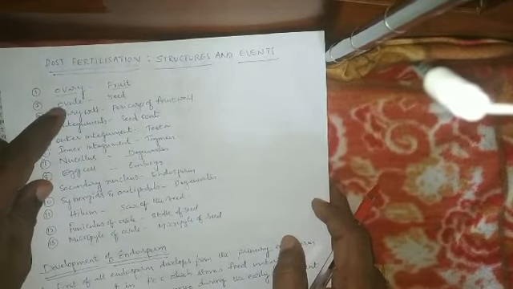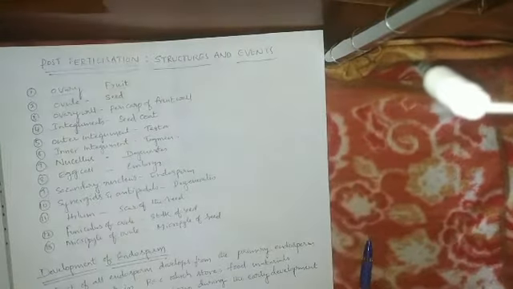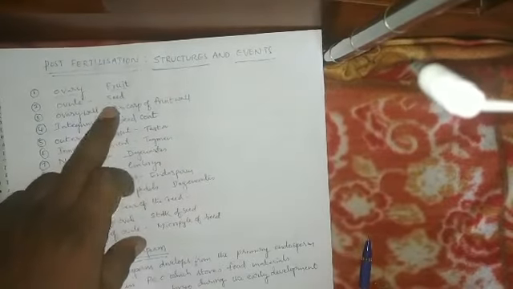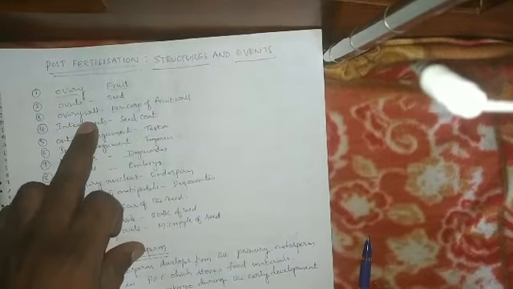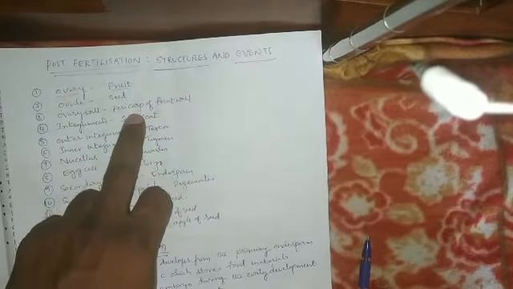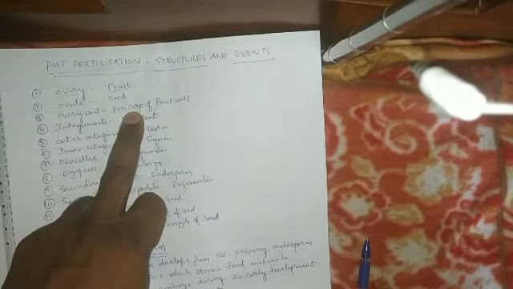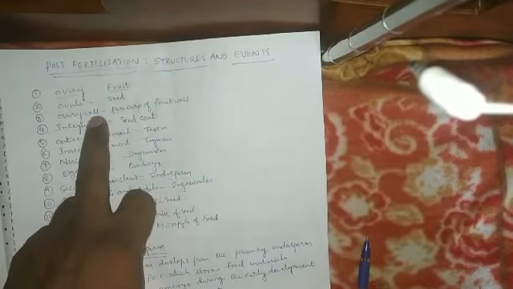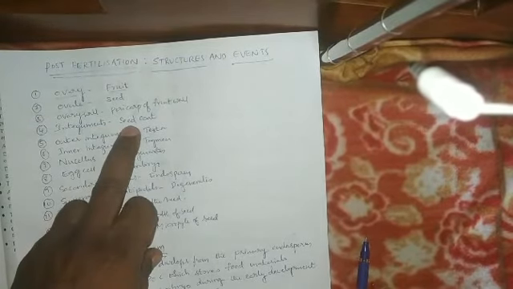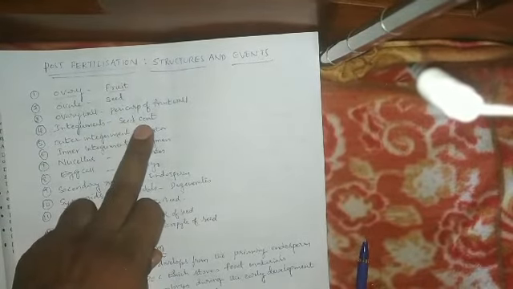The ovule inside the ovary is modified as a seed. The ovary wall is modified as the pericarp, the fruit wall. Pericarp means the wall of the fruit. Integuments of the ovule are modified as the seed coat.